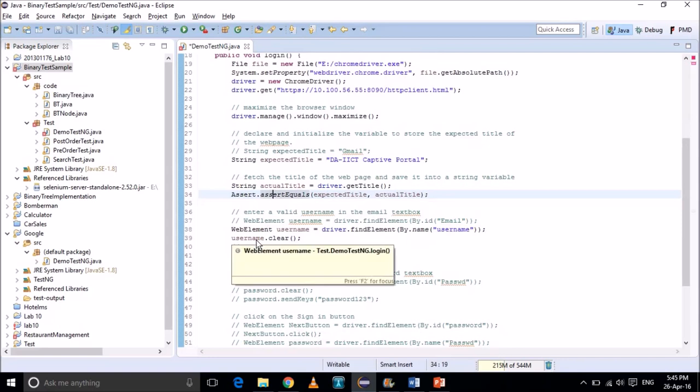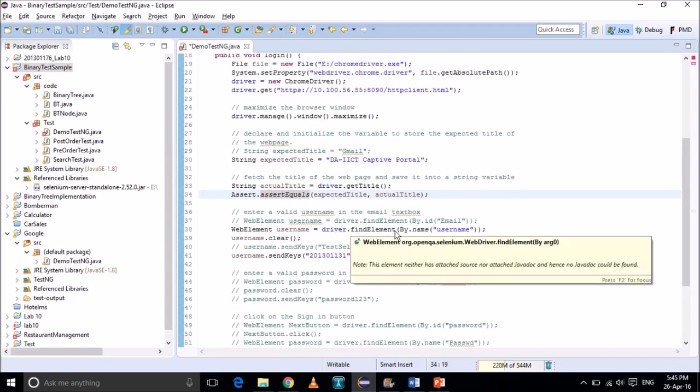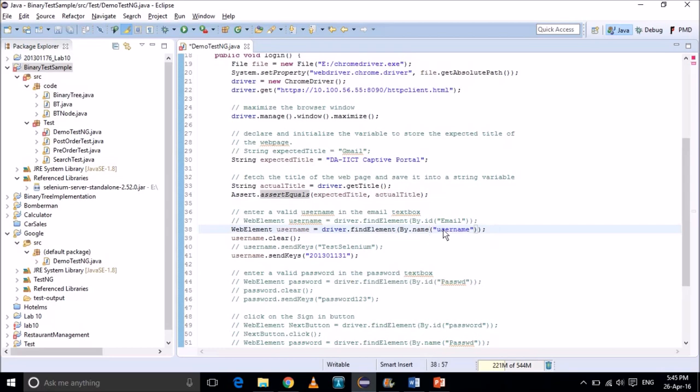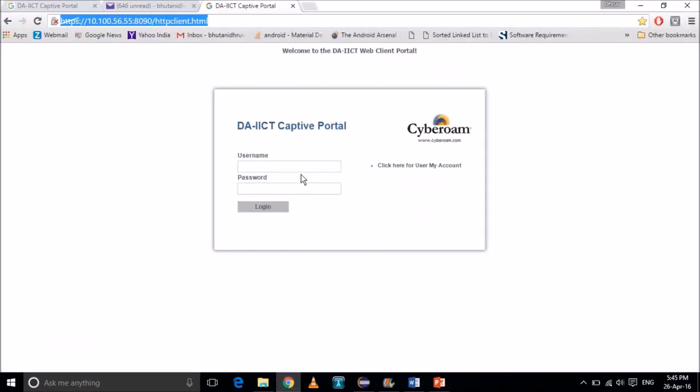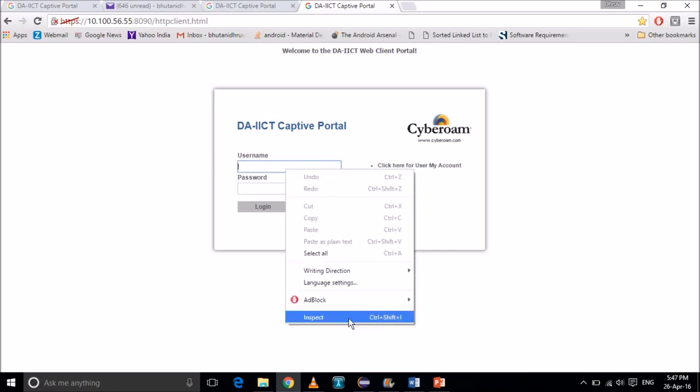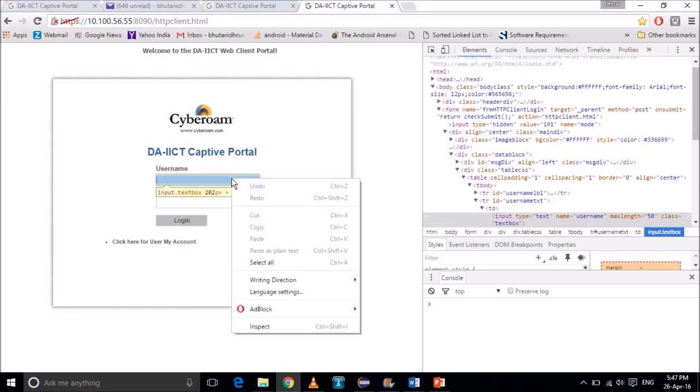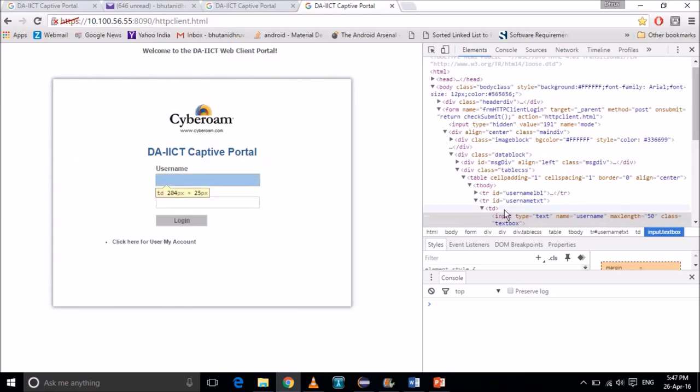Now there are elements in WebDriver in Selenium. So we can create web elements, and we can find elements. We've opened this page and we can find elements in the page. We can find elements by name, by ID. So we are finding this username element, and this is the text box field of our site. This is the text field that we are finding in that driver, and you can find these names and IDs by inspecting elements. You click over here and then you inspect the element, and it will tell you. Here the name is username. We're finding this in our code.